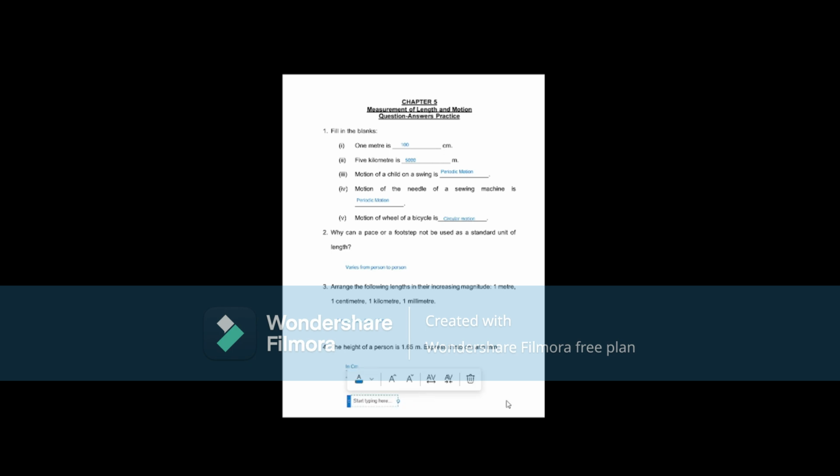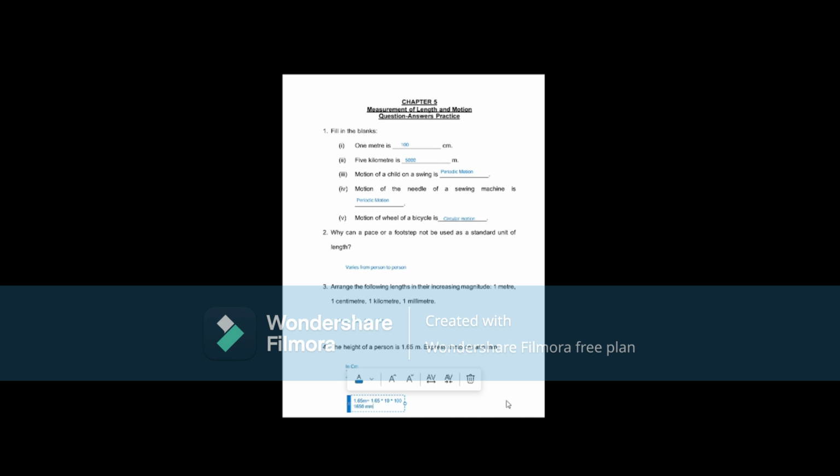Next in millimeter, 1.65 meter equal to 1.65 multiply 10. We know that in 1 centimeter there are 10 millimeters. So 1.65 meter into 10 into 100. So this will come out to be